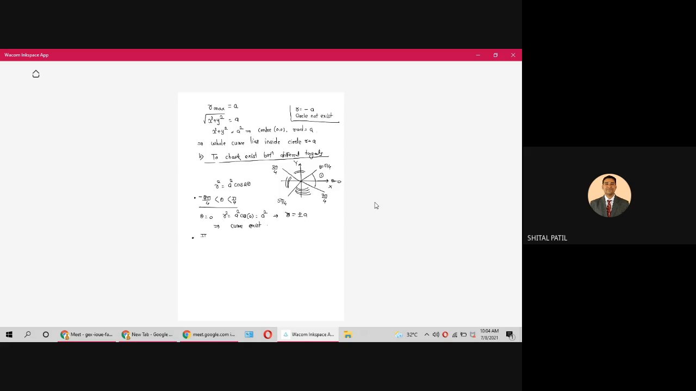Now let me take the second sector between tangents, pi by 4 to 3 pi by 4. Take any value of theta which lies between these two. This will be a good value: let theta equal pi by 2. So r square equals a square cos of 2 into pi by 2, which is cos of pi. And what is cos of pi? Minus 1. So r square is minus a square. So what is r? Plus minus ai, an imaginary number. So the curve